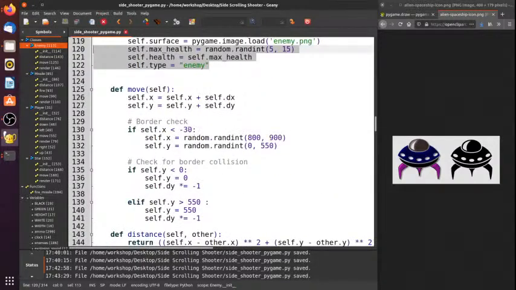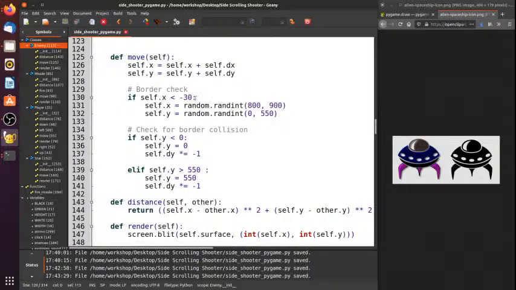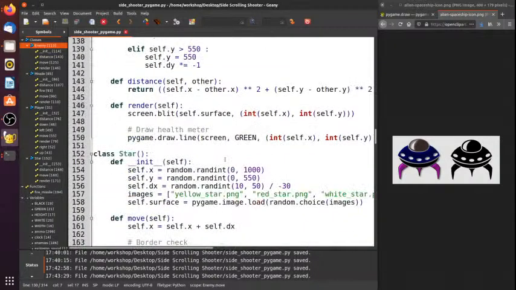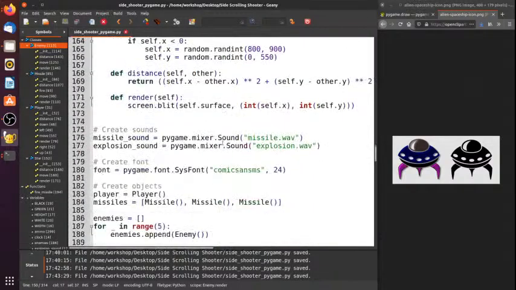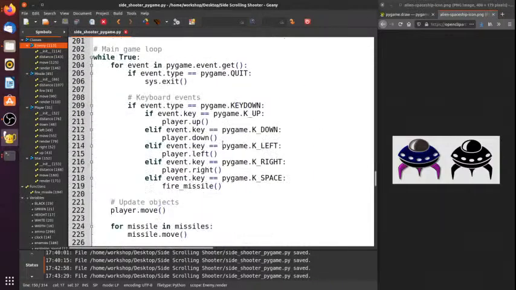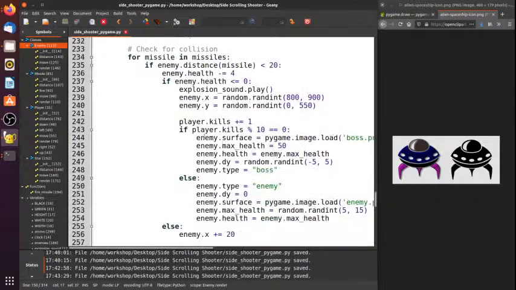And then so for the enemy, it also bounces off the top border and bounces off the bottom border. If it's a boss, it'll be moving up and down. And we fixed this thing where it doesn't disappear until it gets off the screen completely. Also rendered the health meter here. Didn't do anything with the stars. Didn't do anything there. But this section here is where there were a lot of changes just to deal with